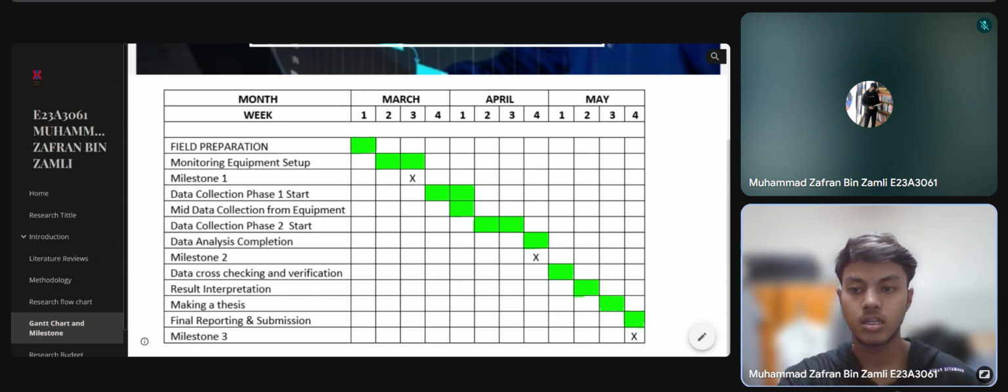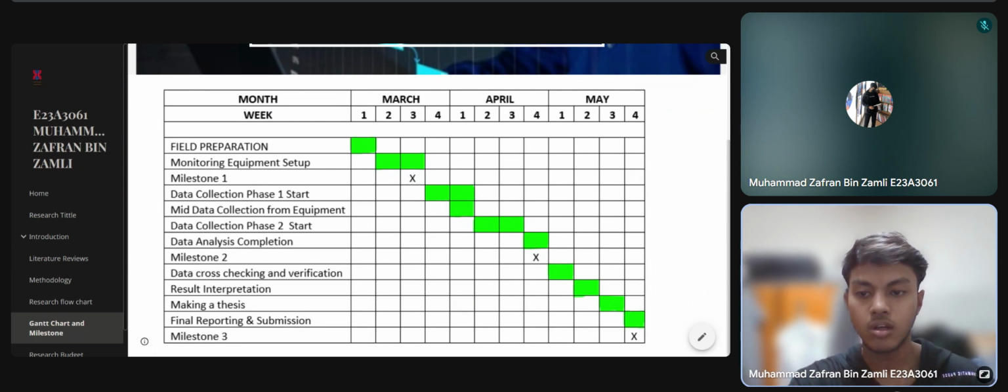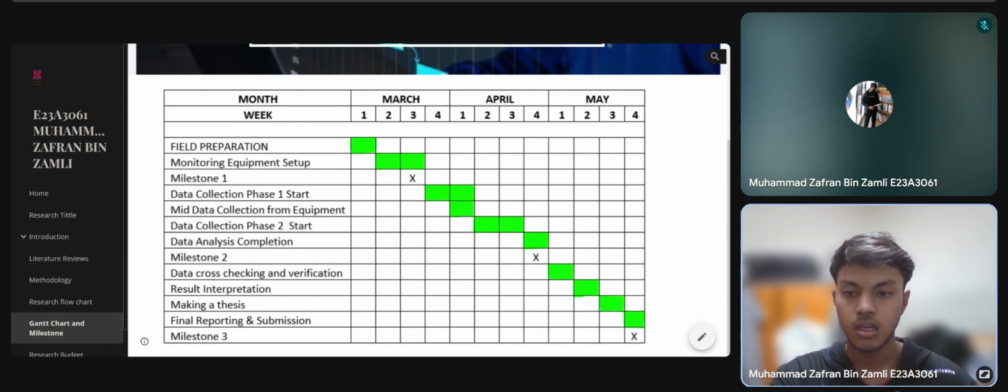The second one is the data collection phase, then the data analysis completion. After that, milestone 2 is reached, and then I do data cross-checking and verification, data interpretation, making a thesis, final reporting and submission, and that's the last and third milestone of my project.